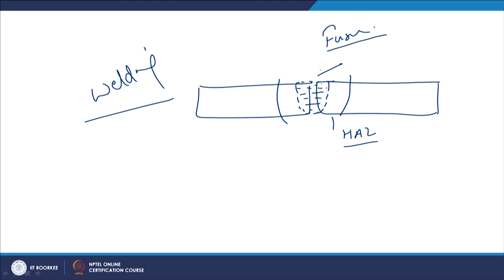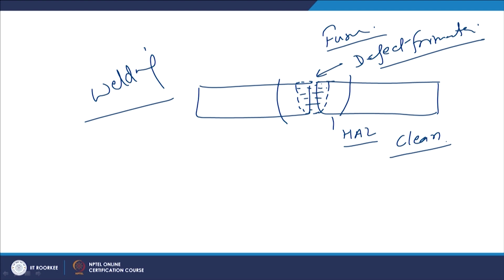As far as the ease of welding or weldability of a metal for fusion welding is concerned, we will see the defect formation tendency of that particular metal, meaning how clean a weld is made, free from impurities in the form of porosity or inclusions or other defects, or defects in the form of cracks, pores, inclusions. By taking proper care with the welding process and developing a proper welding procedure, maybe we can avoid